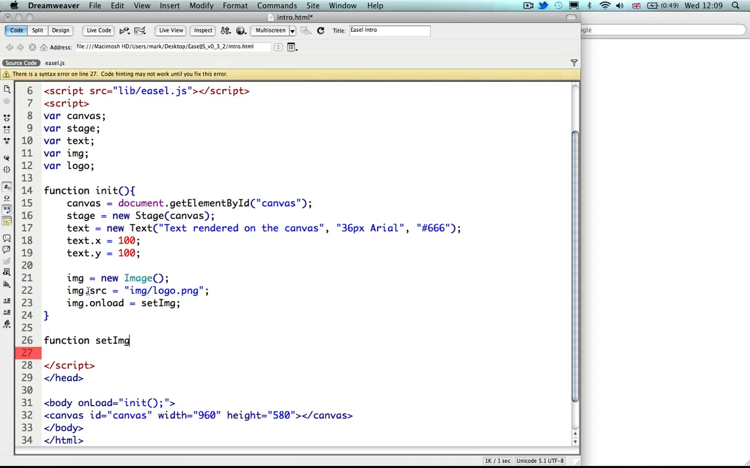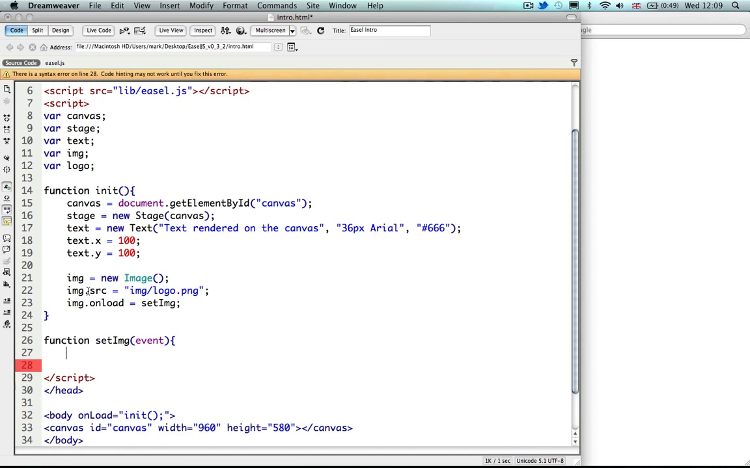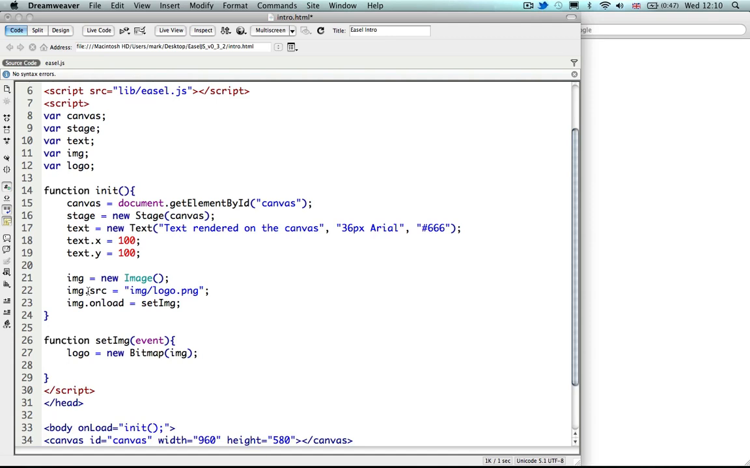Okay, so for the function set image, which is an event, and I'm going to close that down as well because it makes life easier. And then I'm going to call my logo and say that this is a new bitmap, and I'm going to call that image. So once it's loaded, it will have that ready. I'm then going to add this as a child to the stage like we did previously,